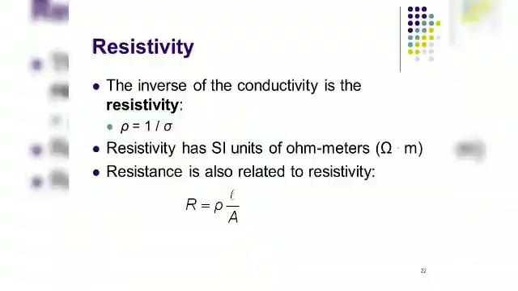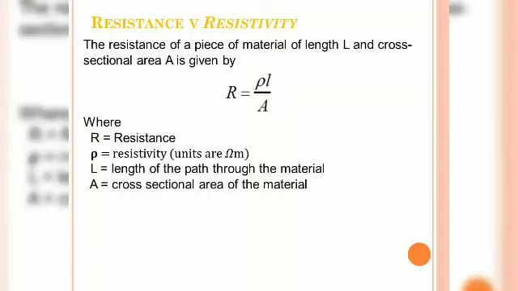And this you can easily calculate from this formula, R is equal to rho L upon A. You can see this formula is given to you children. So rho is your resistivity. R is in ohm, A is in meter square, L is in meter. So we can easily make out the formula and also the unit of rho, which is the resistivity. So I hope there should be no doubt in understanding this formula. This is the linking formula between the resistance and resistivity.